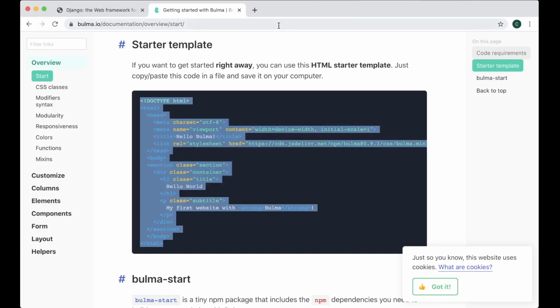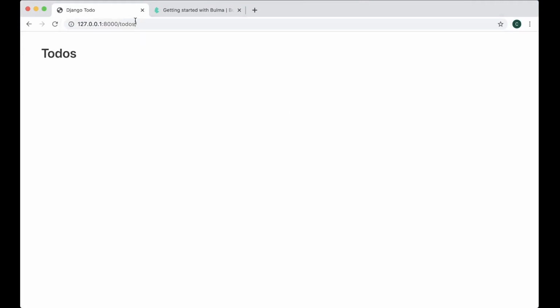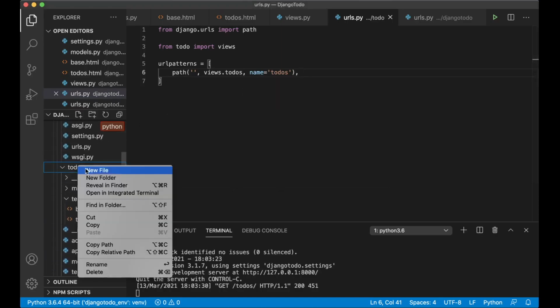So if I now go back here, go there, and say to-dos, hit enter, this title should show. Perfect. So then we need a way to create new to-dos. To do that I want to use Django model forms. So if I go up here, create a new file,